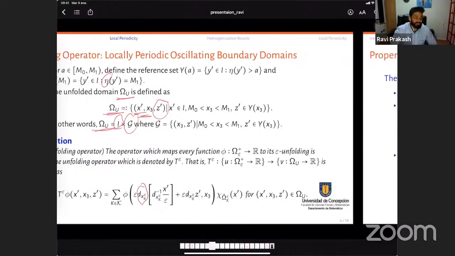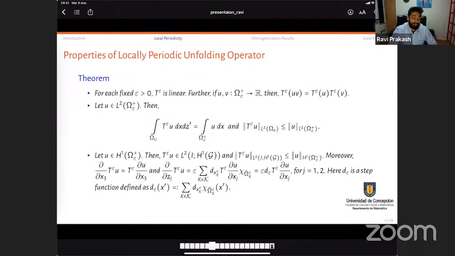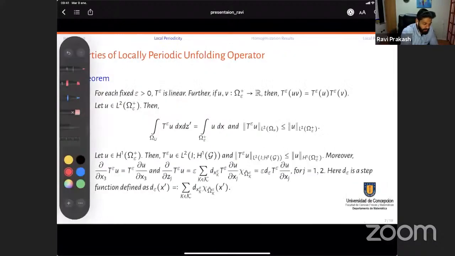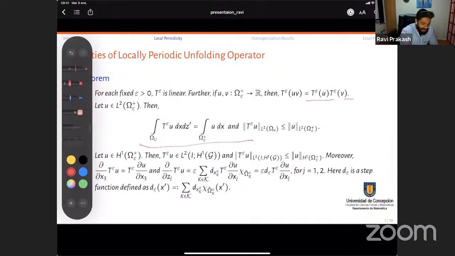So like this we generalized the definition of the unfolding, and then once the unfolding was generalized, we tried to verify its properties, because we wanted to use it for the analysis of a Laplacian problem. These things were very easy to prove, the first few, and the second one was not difficult. In the change of derivative there was no problem with respect to x3,